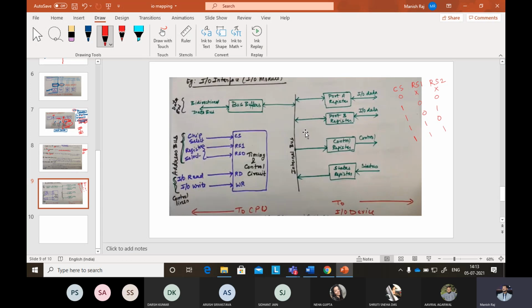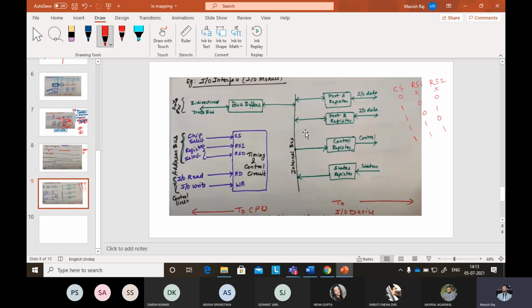There are two mechanisms to connect them: the IO mapped IO and the memory mapped IO. What is the general idea for connecting these peripherals? How can you connect these IO devices to the CPU? Is this part clear? What is the meaning of the interface?